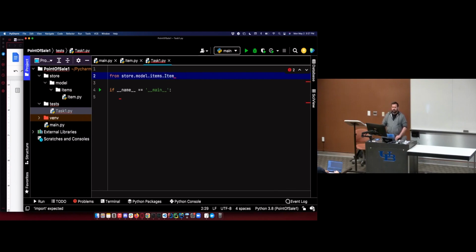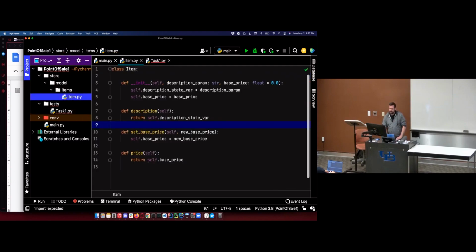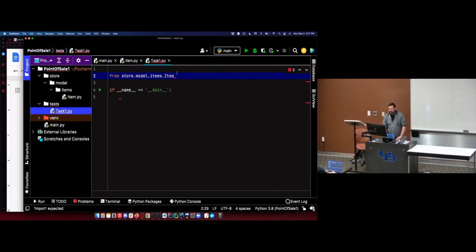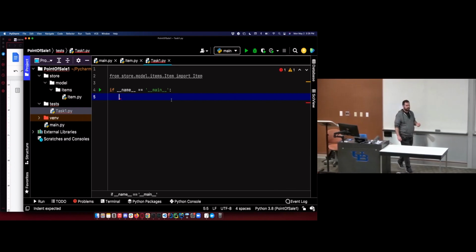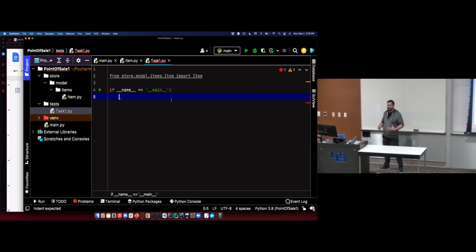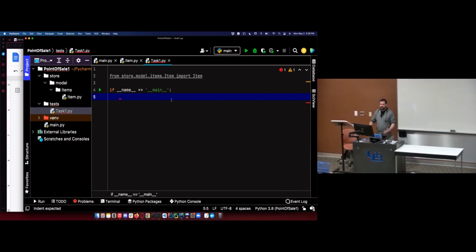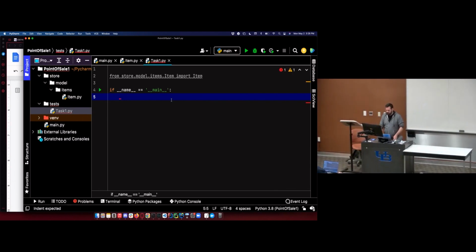So from this module, from this item module, so this is an entire module, this Python file, from this file named item, I want to import the item class. And I can have multiple classes defined in that same file. When we get to modifiers, I might dump them all in one file. I don't know. Depends how I feel when we get there.